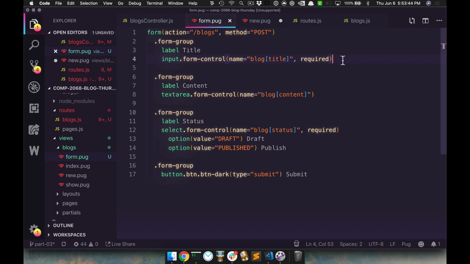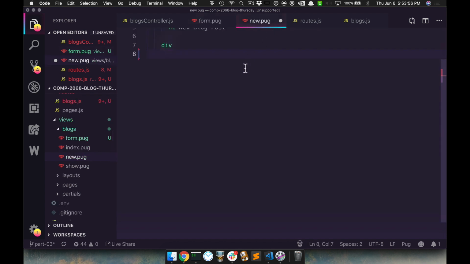form because we haven't actually taken our partial and included it in new yet. We need to include our partial into new. So that's really easy. It's a simple one-liner, not a lot of work. Jump over to new.pug. Underneath the div and as a child, so make sure you've tabbed in, you're going to do includes